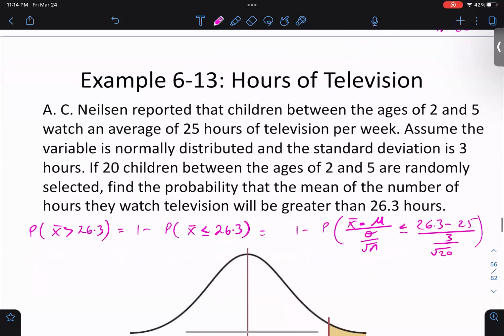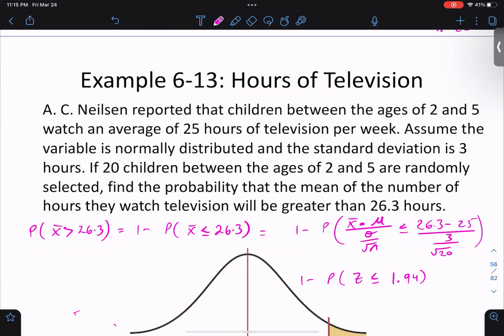Now this is 1 minus the probability of Z less than or equal to, so we need to find out what this number is. 26.3 minus 25, 3 divided by the square root of 20, this one divided by this one, and you get